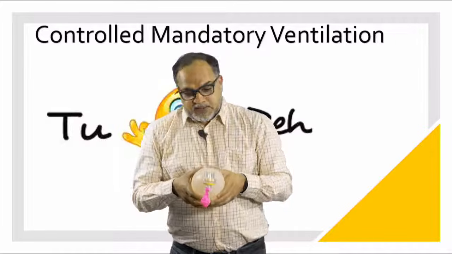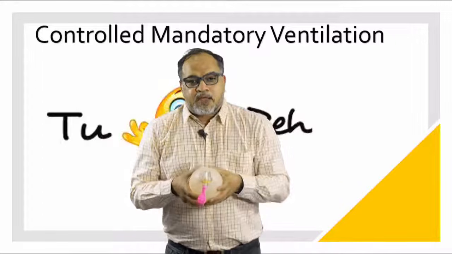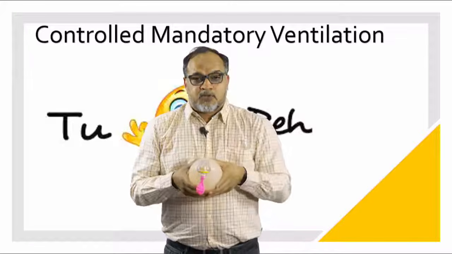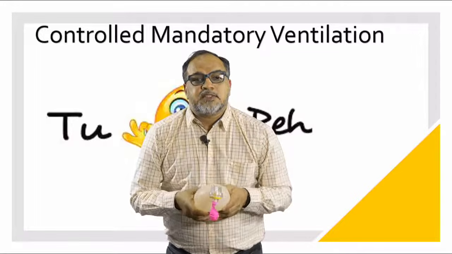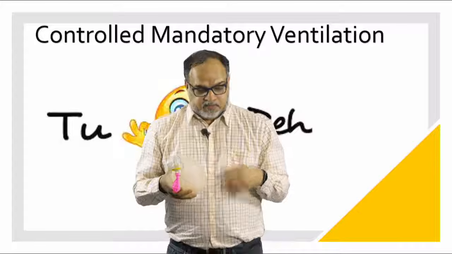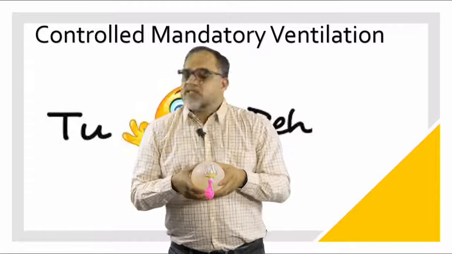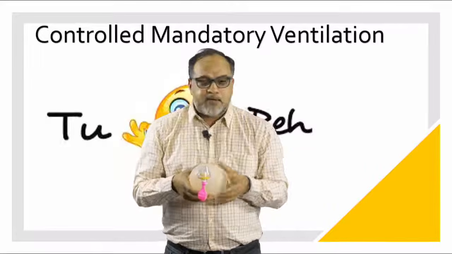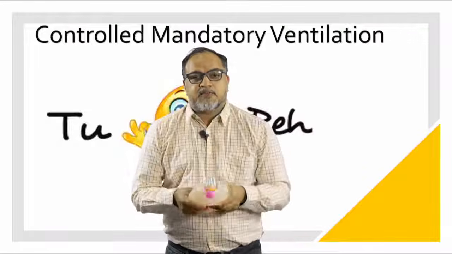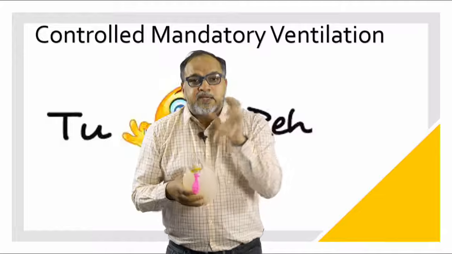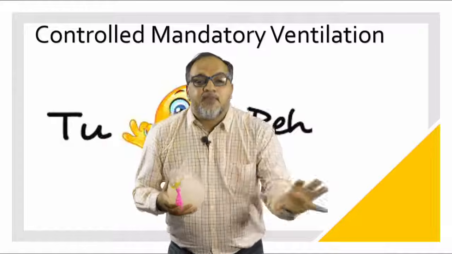Now what happens? Baba is trying to breathe in and the ventilator is in its 4th second. So 1, 2, 3, Baba tries to breathe out and the ventilator gives a breath. Again, Baba is upset. Now, again 1, 2, Baba tries to breathe in, but the ventilator says no, no breath till the 4th second. Okay, fine. Then the 3rd time, 1, 2, 3, Baba tries to breathe out, the ventilator gives a breath in. There is patient-ventilator dyssynchrony. Patient is really, really uncomfortable.